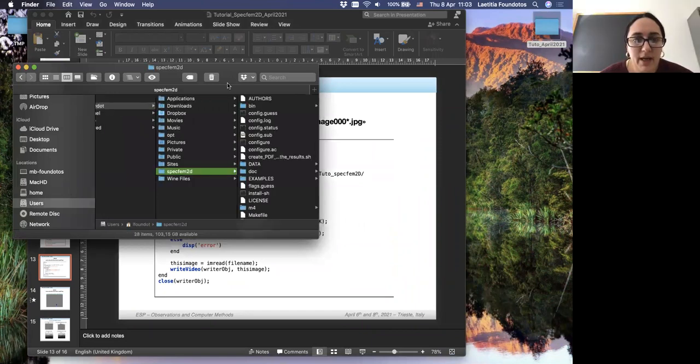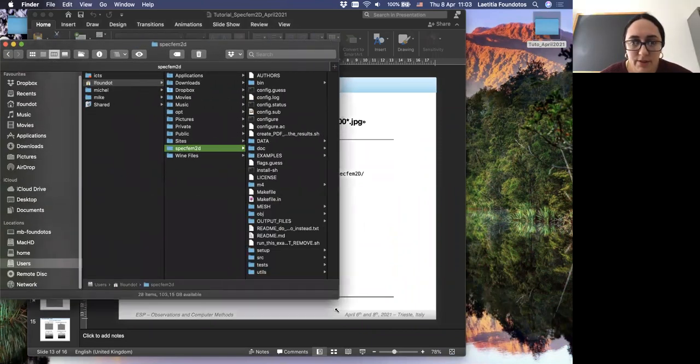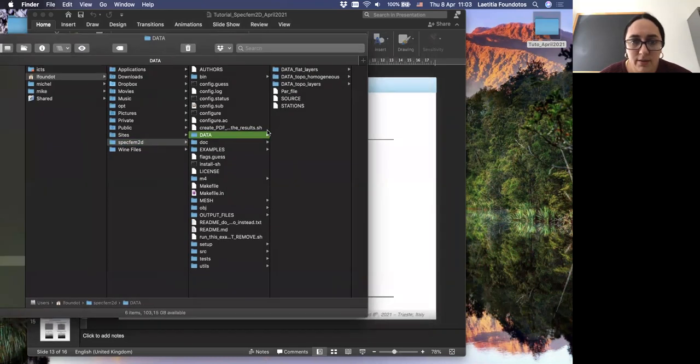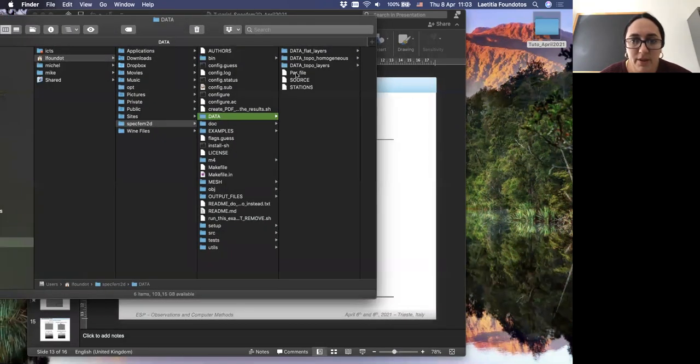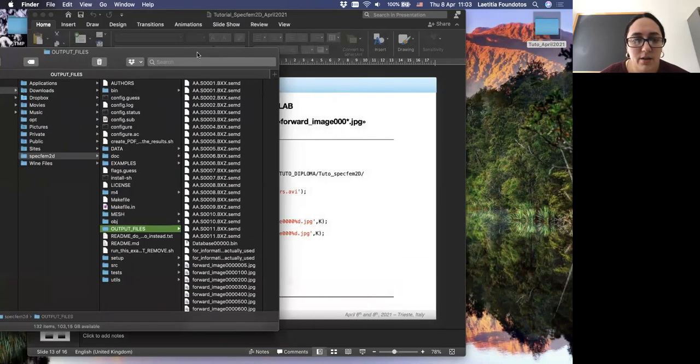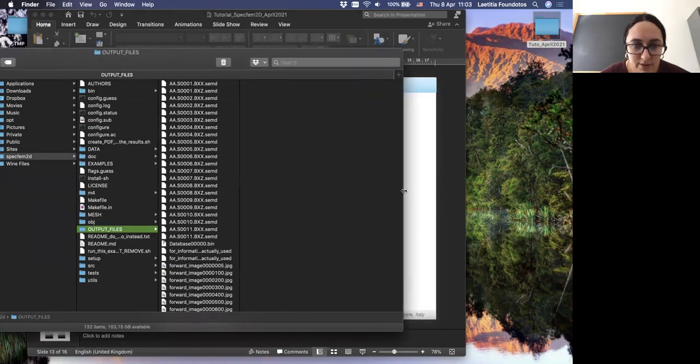So this is the directory. Data contains the input parameters, specifically the par file and the source file, and the station file was created by the code. And output files have appeared here.